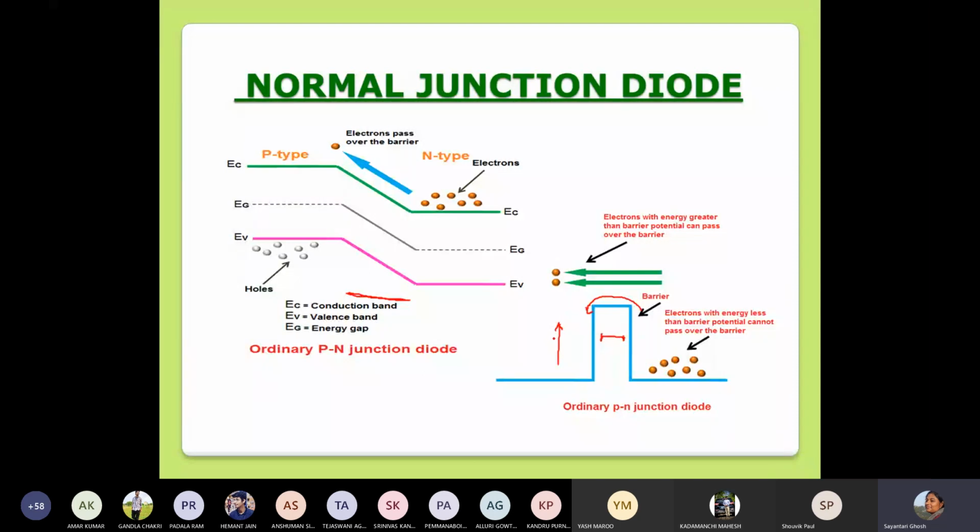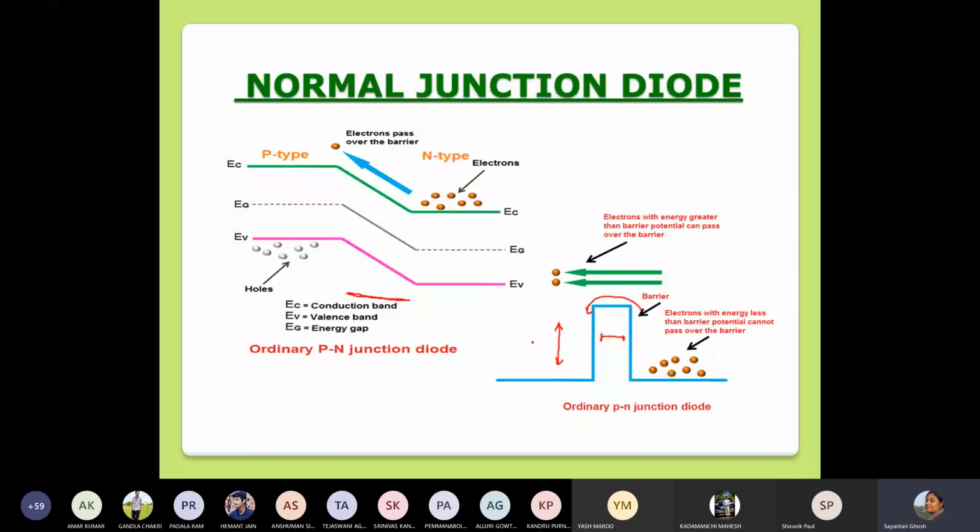If you shake it really loosely, then it cannot happen. So you have to supply enough energy to these balls, to these electrons, to cross over the barrier that we have. This is how the ordinary p-n junction works. That is why we have the concept of cut-in voltage: for some small value of forward bias, the current does not flow, because at that moment the energy with which you are shaking this entire landscape is not enough. Just imagine you are shaking a box of balls and trying to throw a few balls out of that box. You need to shake it quite vigorously with enough energy so that they can go out. This is how a normal junction diode works.